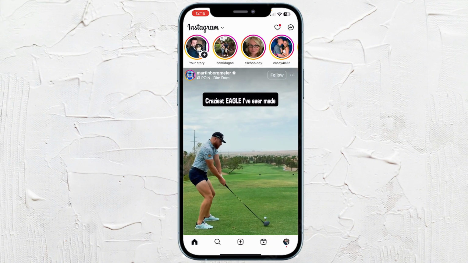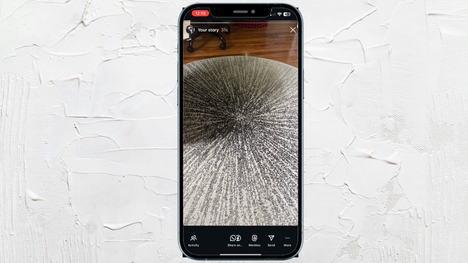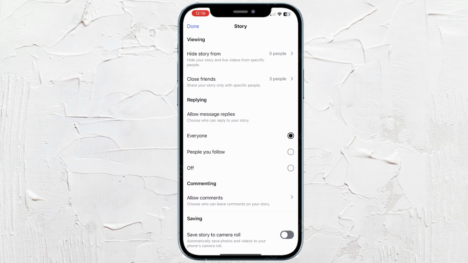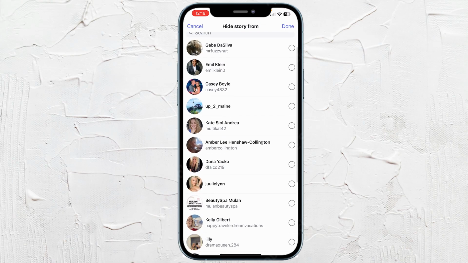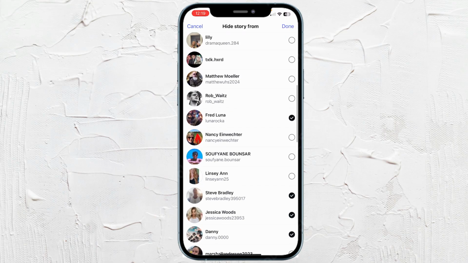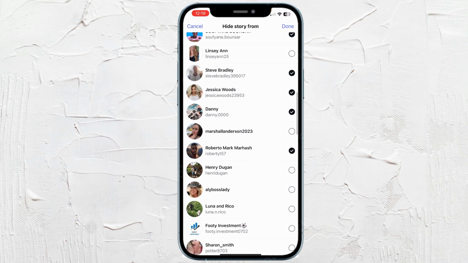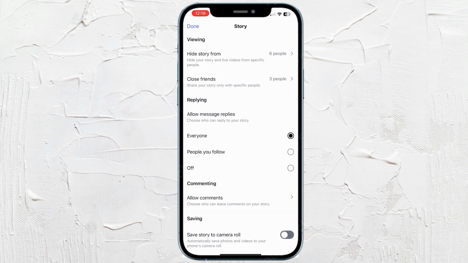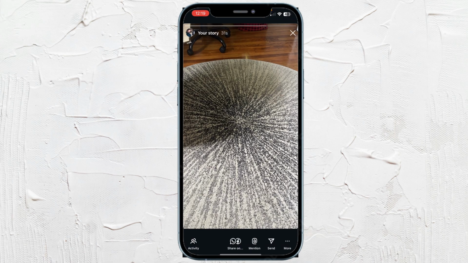So go ahead and share your story like you normally would, and then immediately go back into that story, and then go ahead and hit more, and you'll go into your story settings. From this point, as you see at the very top, it says hide story from, and you can go in and choose a number of people, and these specific people will not be able to see your story. Once you have those people selected, you would hit done, and that way from this point, those people that were selected can